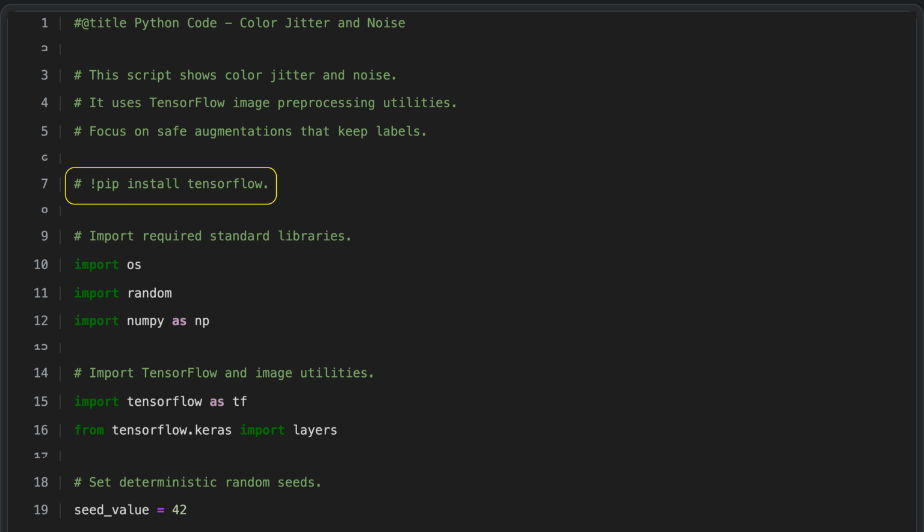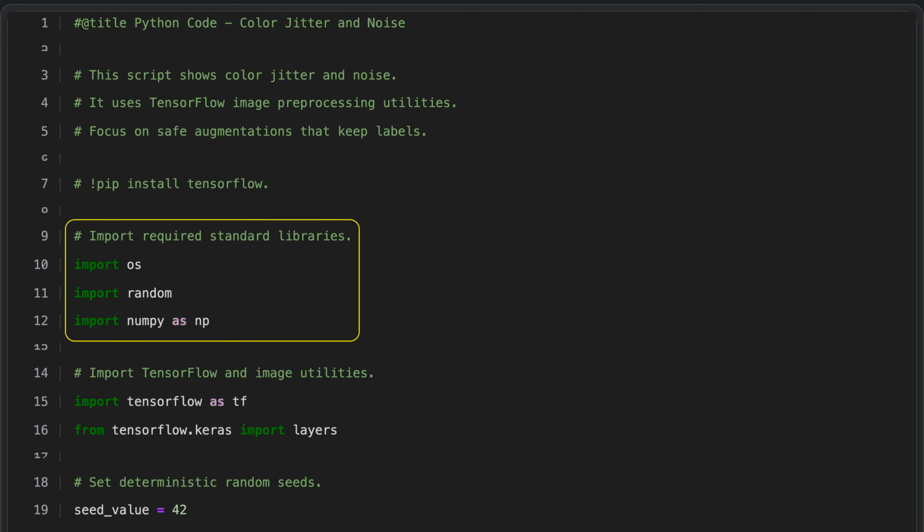Installing TensorFlow ensures all required functions and classes are available, so the script can run correctly. We start by importing 3 key libraries for our script. The operating system library lets us work with files and environment settings. The random library allows us to generate random numbers, which is useful for setting seeds and adding randomness to data processing. Finally, we import NumPy, a numerical computing library that helps us efficiently handle arrays and perform mathematical operations throughout